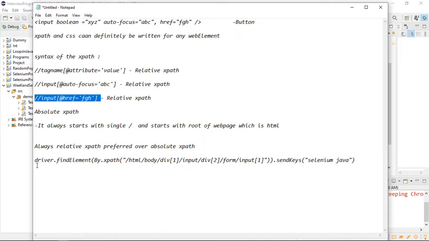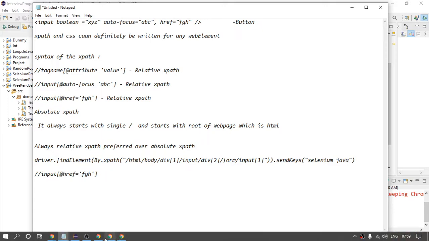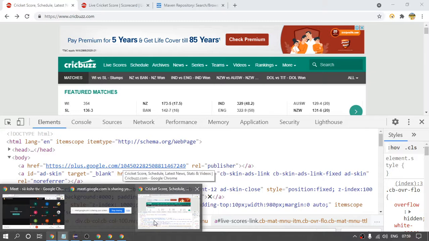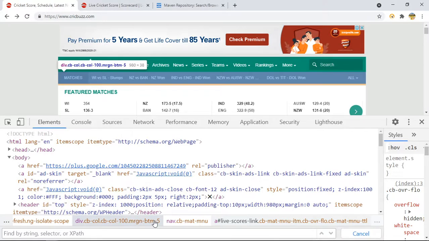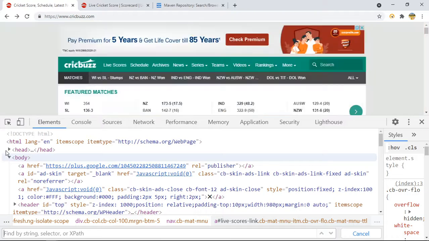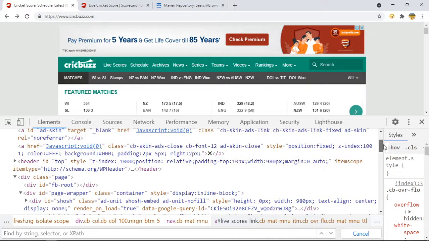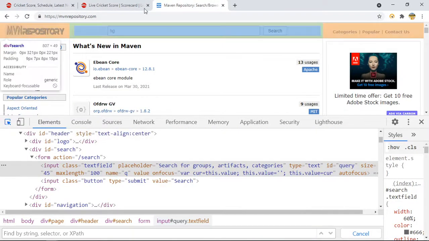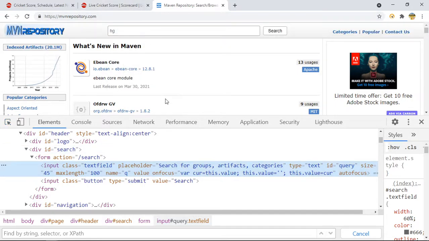But if you consider a relative XPath, we are not depending on the parent node; we are just going to that particular element and writing our XPath. This is the reason it is mostly preferred. There might be one more question: if that is the case, then why is there an absolute XPath concept at all? Let us take that text box.